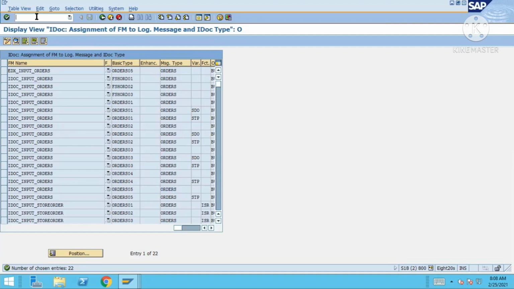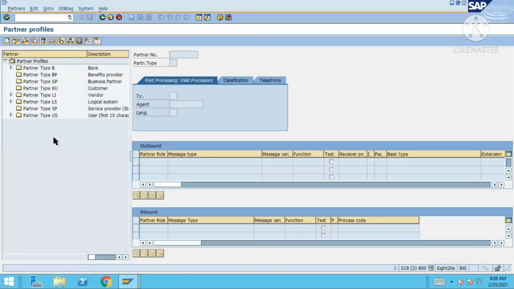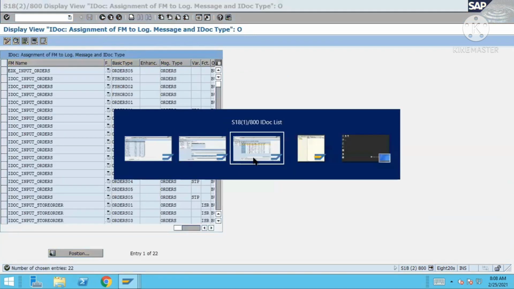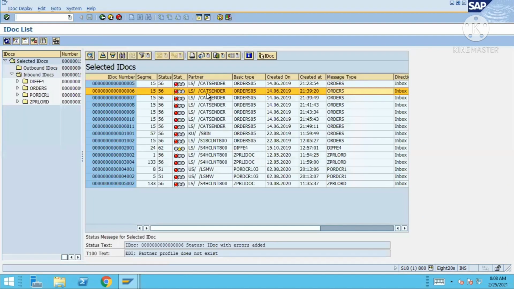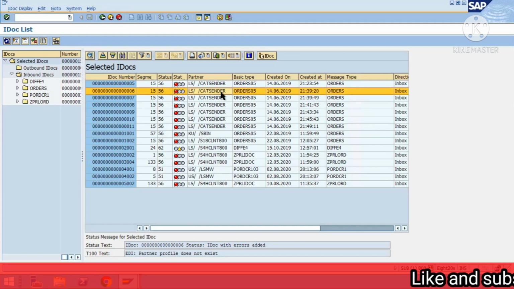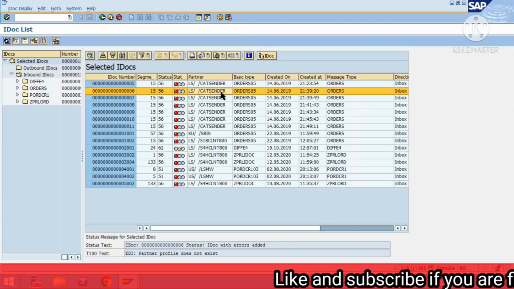What you can do is go directly to WE20 and see here under the different partner profiles. Go to the logical system and let's check what that partner was. This one, LS cat sender, is the partner.